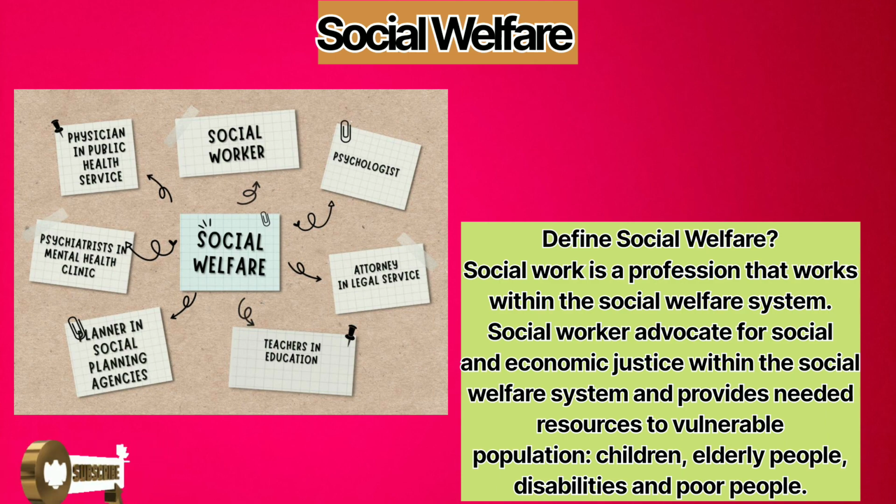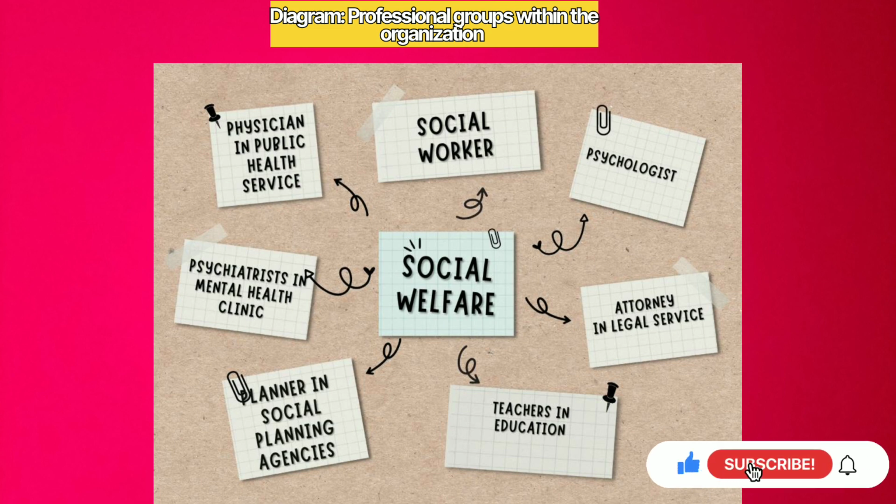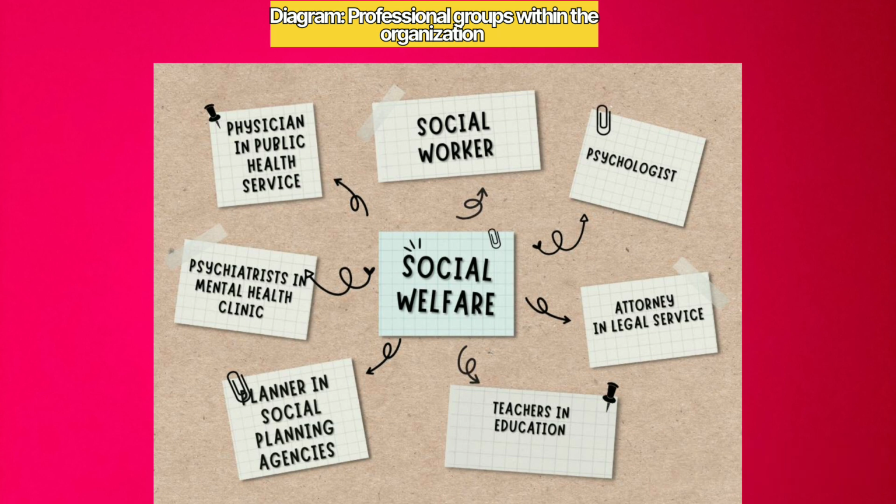An example of professional groups within the field of social welfare is this; you can make this picture in your exam as well. You can draw this diagram. In any field there can be a professional group, as you can see in the diagram. Here is a social worker, and they can play the role of a psychologist. We can see the nurses in hospitals, attorneys in legal services, teachers in education, planners in social planning agencies, psychiatrists in mental health clinics, physicians in public health service. These are the professional groups, physicians, psychologists, teachers, nurses in hospitals. These are the professional groups, and they can create an impact and change society,